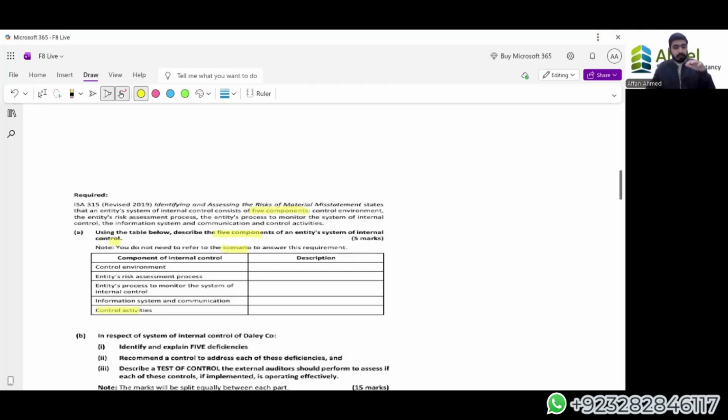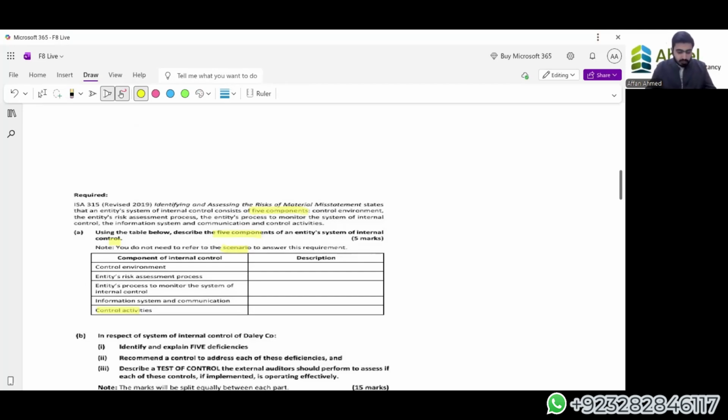Okay, so this is just a knowledge-based question. The points I've given you can be easily written into a 6 mark, 7 mark answer. These all will require 5 marks, so don't give a lot of time to it. You just have to read the particular control environment. Once you read the environment, all the pointers are there, and it will be easily just a copy-paste answer for you guys. Okay.